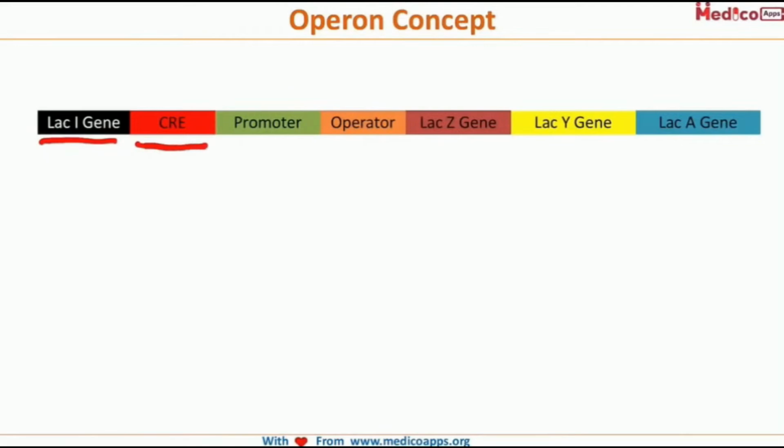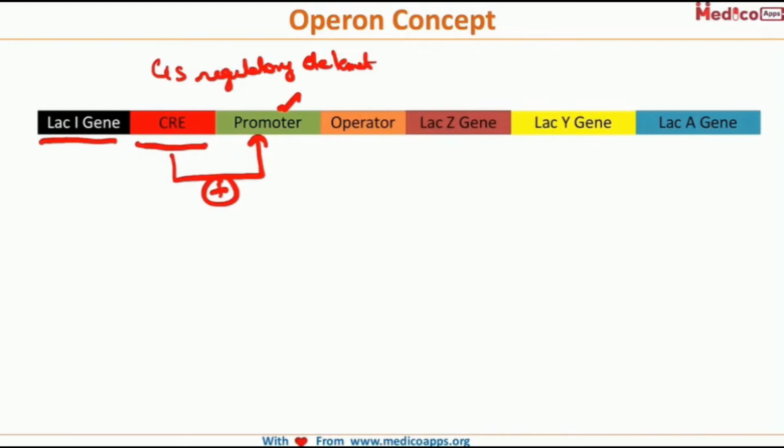Then we have got the CRE segment. CRE stands for cis regulatory element. Okay. So we have got this CRE segment. Now this CRE segment in very simple terms act as a positive regulator for the promoter. Okay, then we have got the promoter sequence. Promoter sequence are that sequence on which the RNA polymerase will bind and which will lead to ultimate transcription of